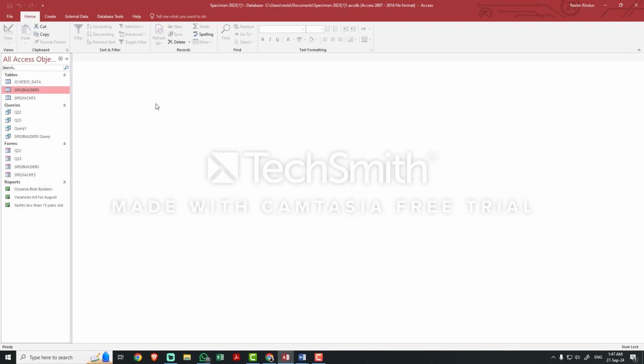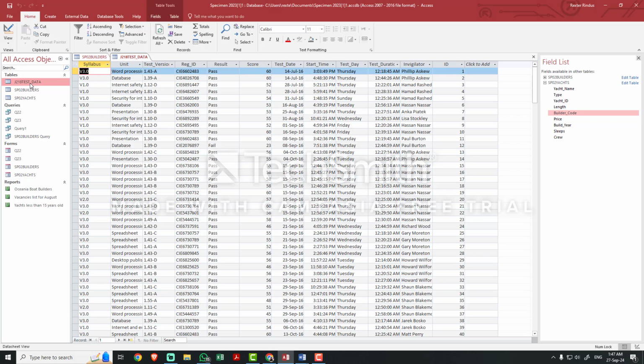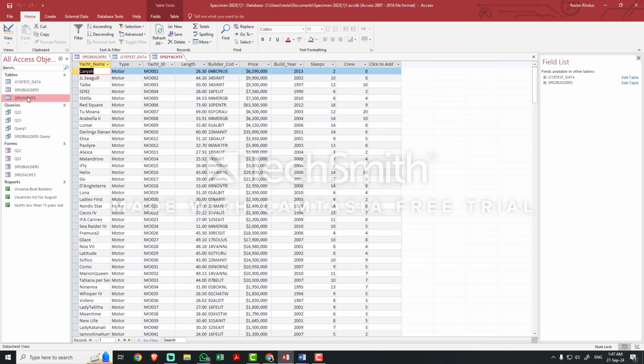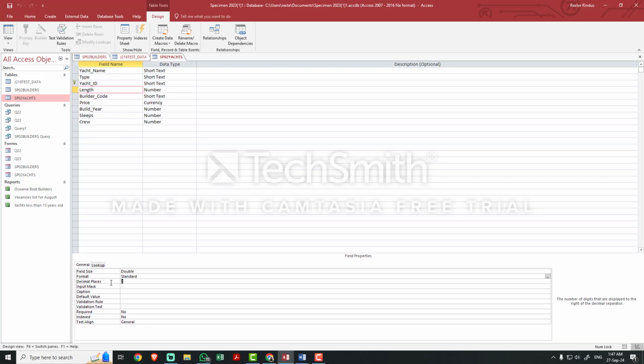Oh yeah, they mentioned something also. There was a question that says it should have one decimal place. Just like if I have files that have decimals, like the length here, it has two decimal places. If they mention that it should have one decimal, don't forget you can do that by simply making the format Standard and making the decimal place one.